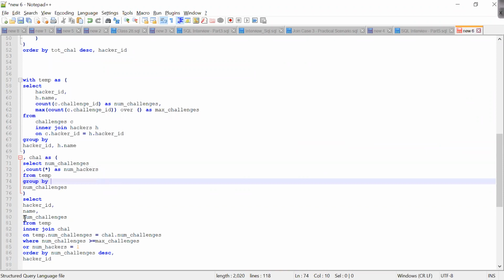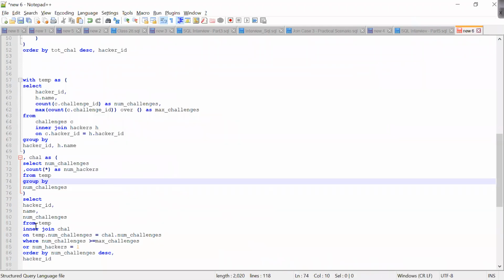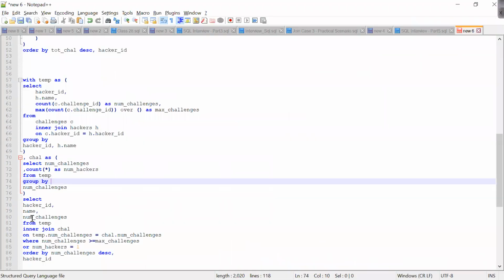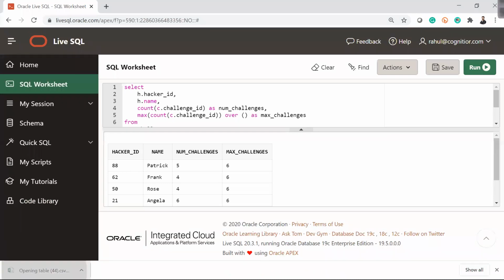After that, select hacker ID, name, num challenge from temp. So I am fetching out hacker ID, name, and what is the third column? Num challenge. So I am taking these 3 columns from temp. Inner join chal. Let me take this output also, so that will make more sense.